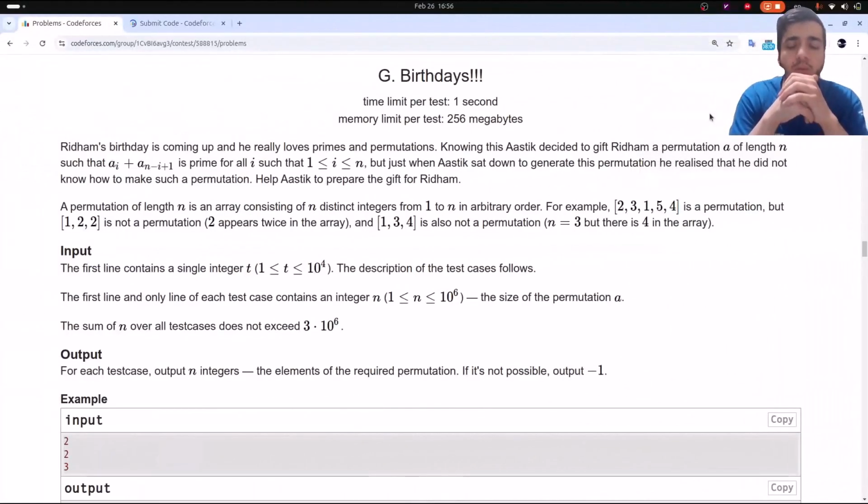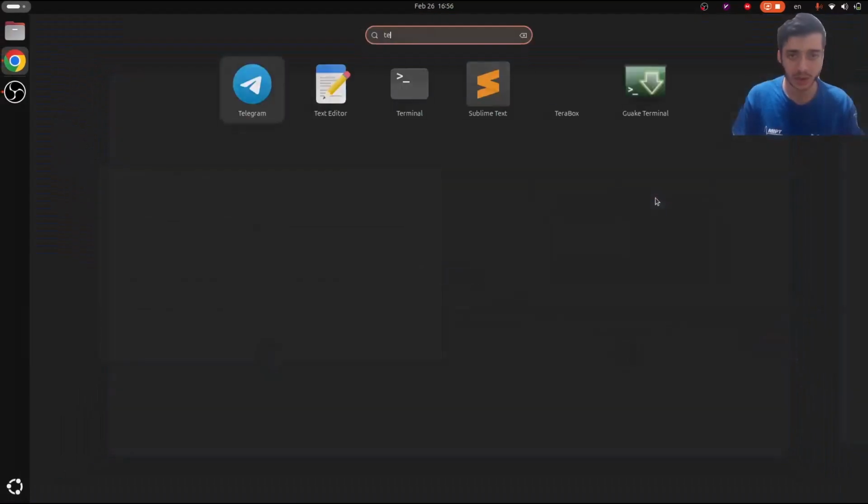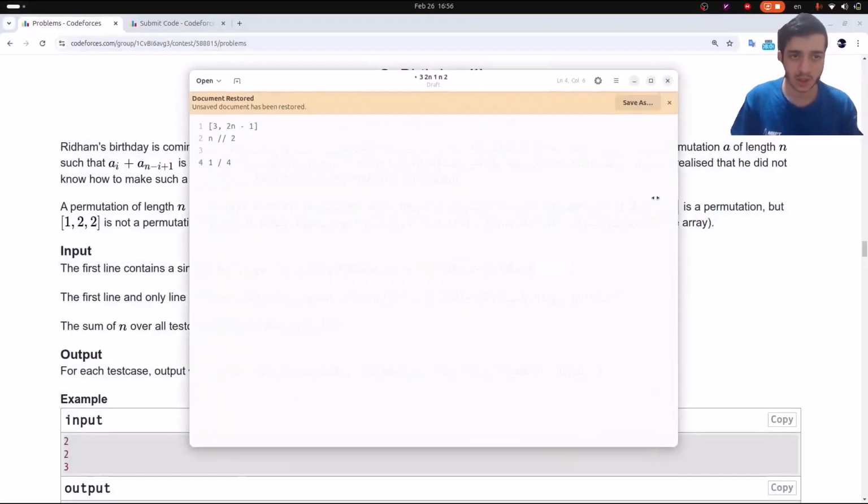Let's go for problem G. So this problem needs some facts to solve. First of all, when n goes up, sometimes it's impossible to find the answer. Why? So let me tell you that it says that